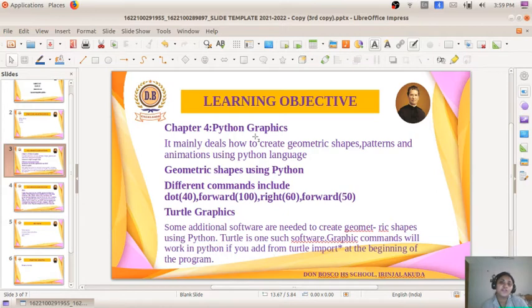Here, instead of typing commands and doing computations, we will be concentrating on geometrical shapes, patterns and animations. We will be studying the different commands which help us create geometrical shapes, patterns and animations.